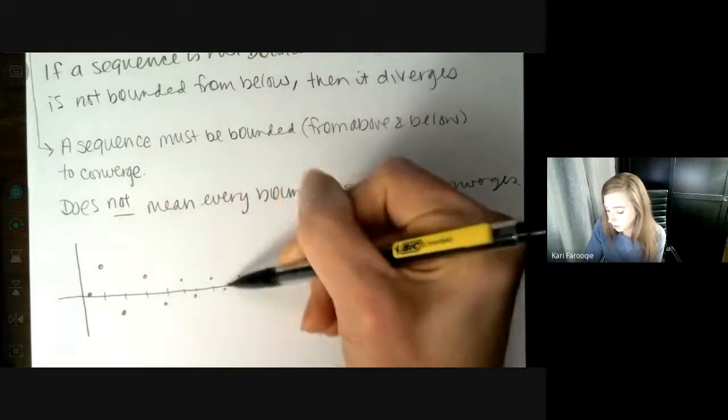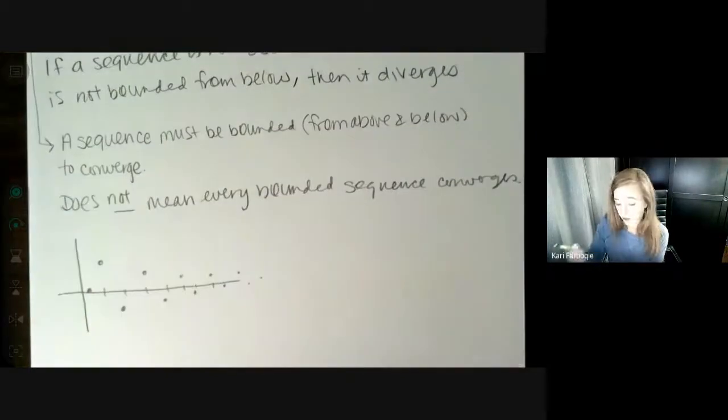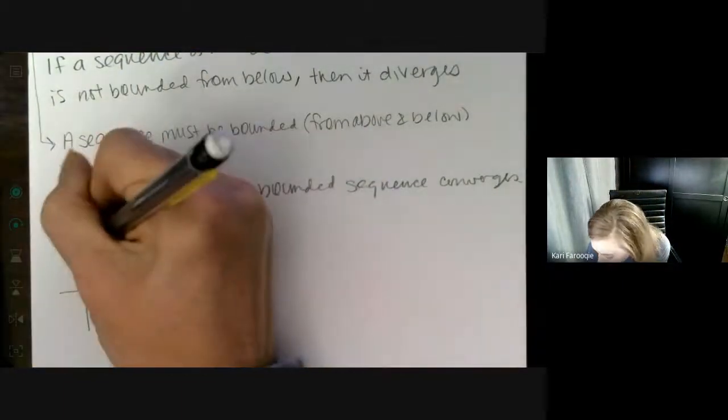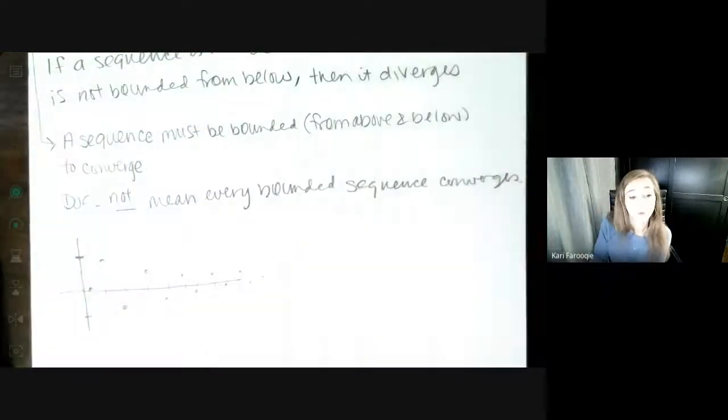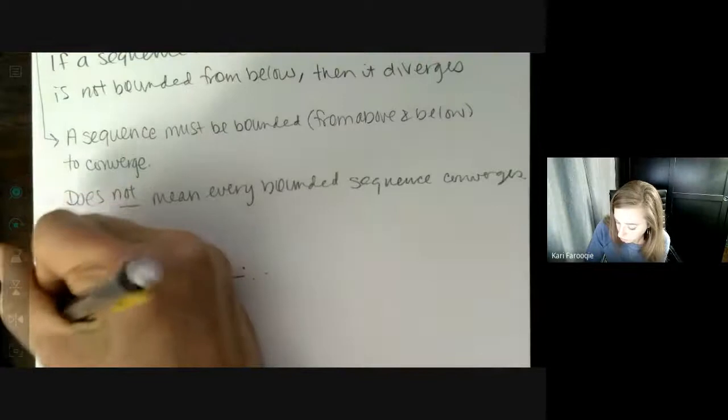It doesn't have to look like this, but the goal is that you can figure out an upper limit and a lower limit for which all your values are going to lie between. So maybe this would be your lower limit